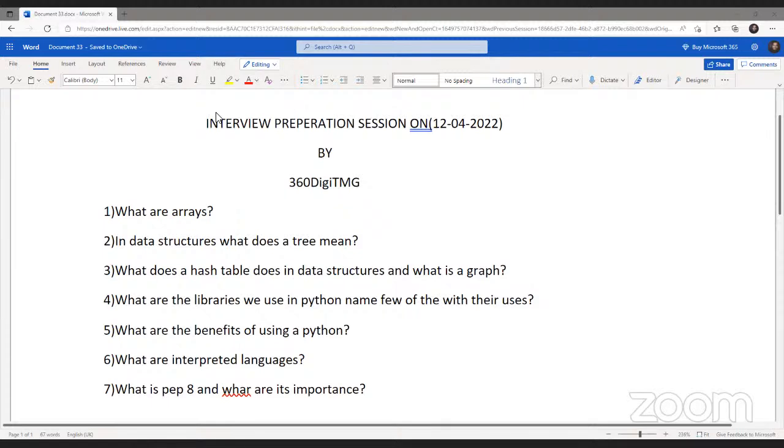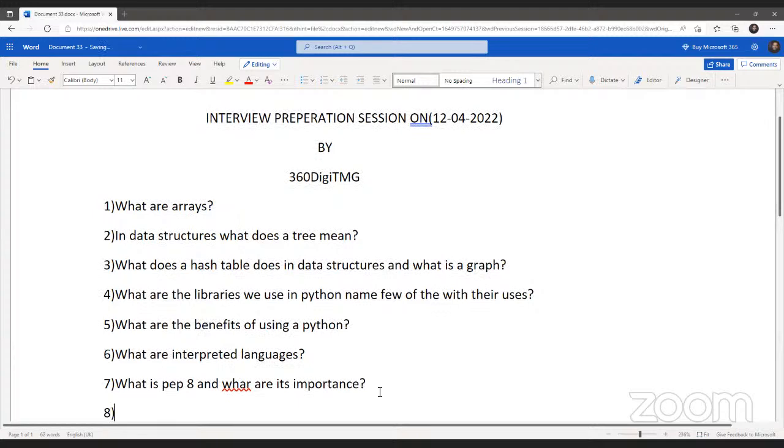Yeah. Now, as we look into this, PEP8 stands for Python Enhancement Proposal. It is an official design document providing information to the Python community or describing some new features for Python. It is especially important for the documentation and the style guidelines which we have to follow for the Python code we write. All the things will be available in this document. So it's nothing but documentation which we use for it. As we jump into the next question,